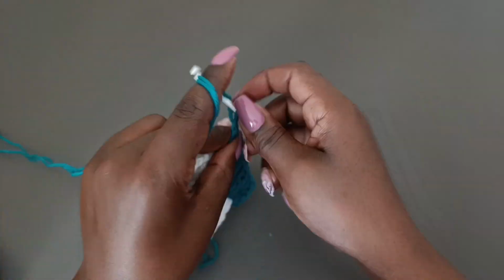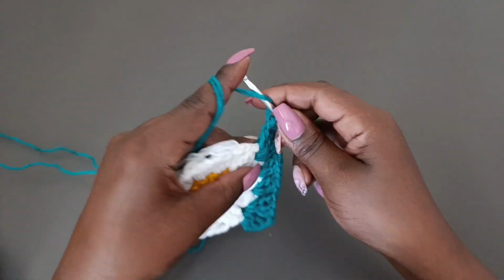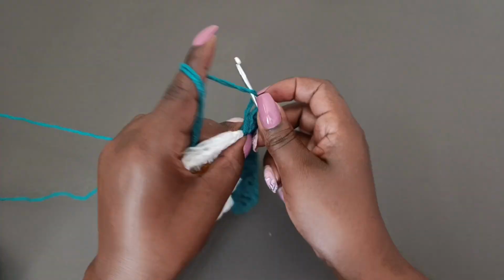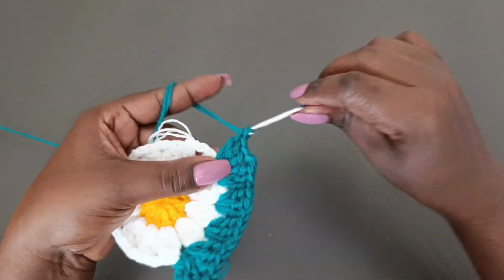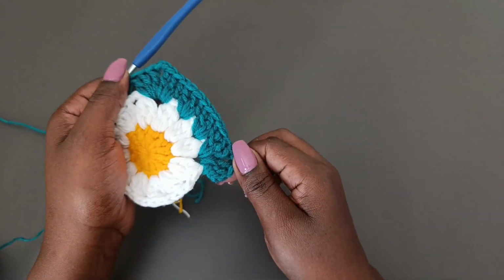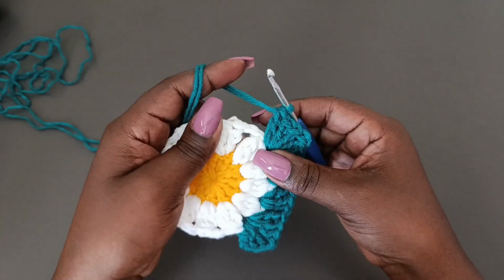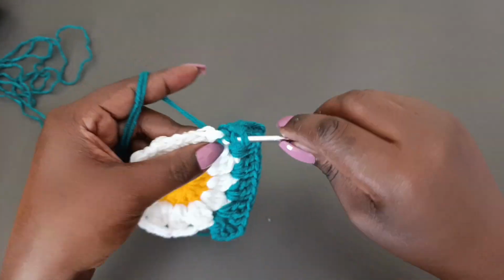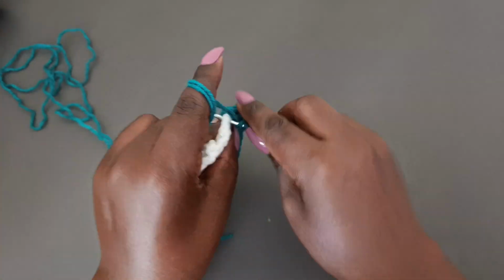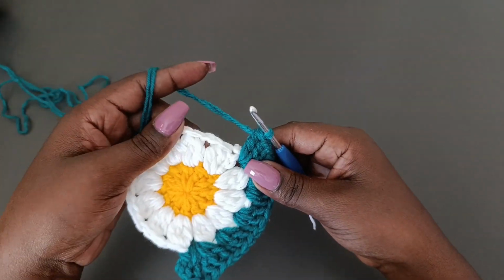Then we chain 2 to create the corner and go back into that same space with 3 more double crochets. So that's 1, 2 and 3 double crochets. So we have the second corner, and now we're going to have 3 double crochets into the next 2 spaces. So the space that follows will get 3 double crochets, that is 1, 2 and 3. We skip over to the next space and place 3 double crochets,